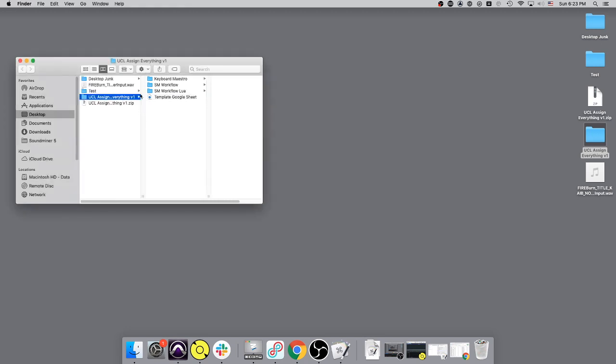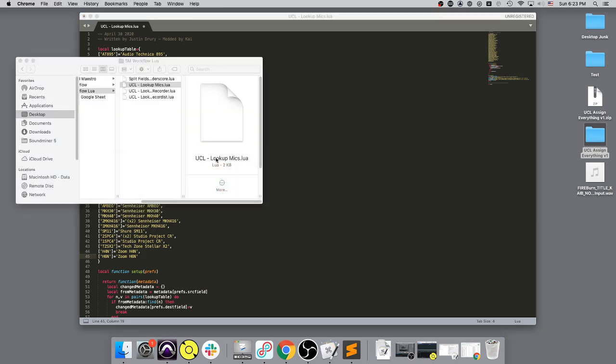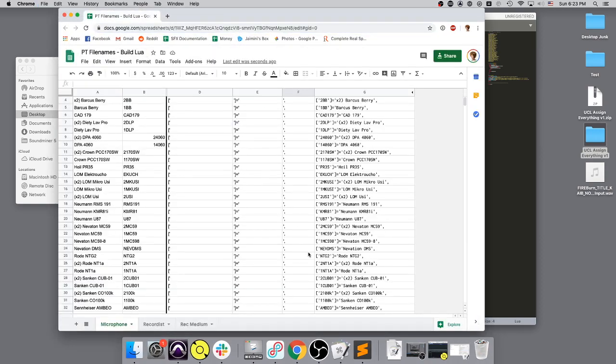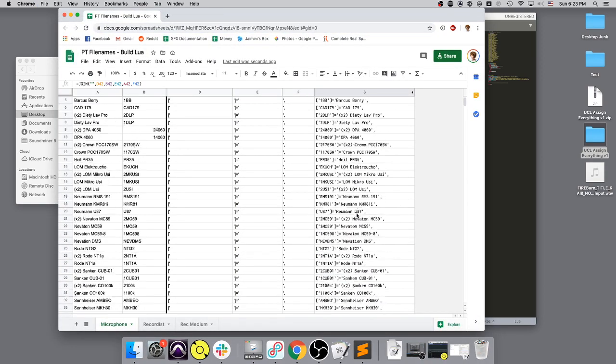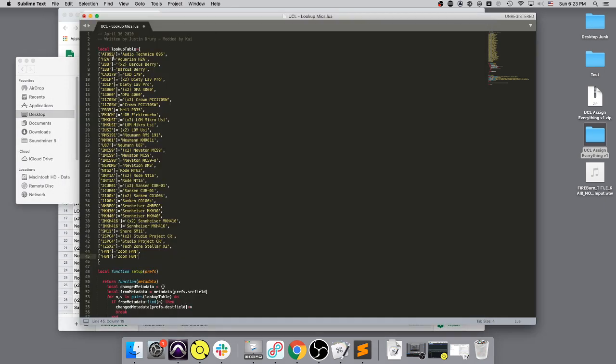So when you're in Lua, when you look at these, you can open these files with a text editor, but I use a program called Sublime Text. I just find it a little bit easier to look at and know when things are going wrong. So if I were to do this, you'll see this big pink line and there's an error there. But basically from the Google Doc, you can copy and paste this column straight in to this document here,